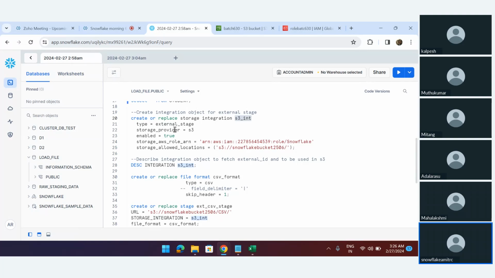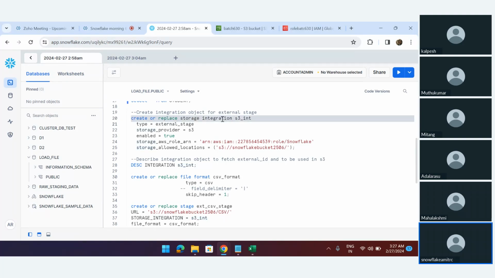AWS. Now, while working with the storage integration object, there will generally be two-way sharing. First, a couple of pieces of information I will take from AWS and share with Snowflake, and a couple of pieces of information Snowflake will generate that I will take and share with AWS. So both-way information sharing will happen, and the connection will be established. So while creating the storage integration object, I'm writing here create or replace